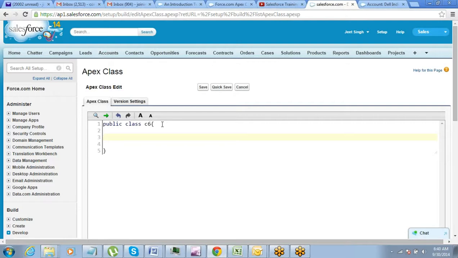For performing a search, there are two things which we need. One is, what do you want to search and what do you want to return, right? So what I want to search will be the keyword and what I want to return will be the results. Right, so let's say I want to search with a keyword and find out some accounts.